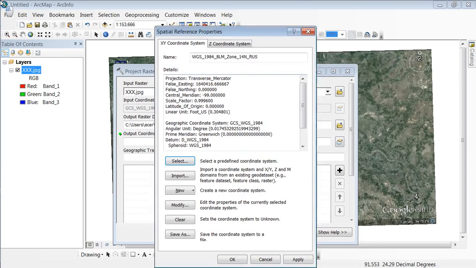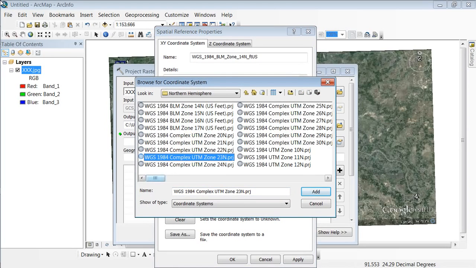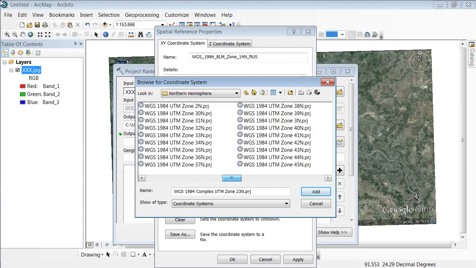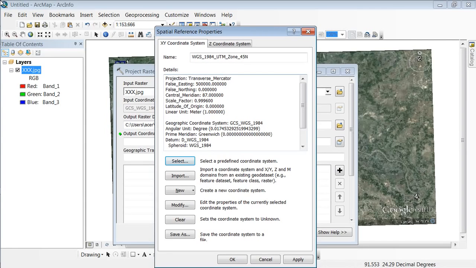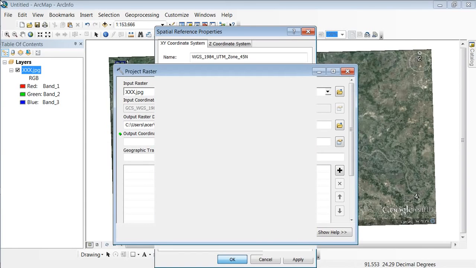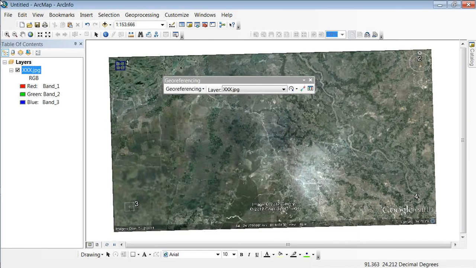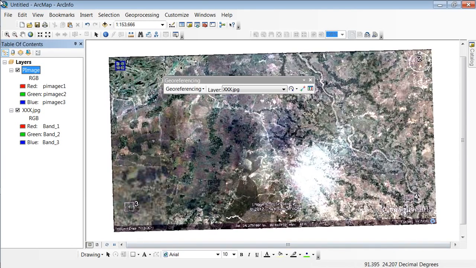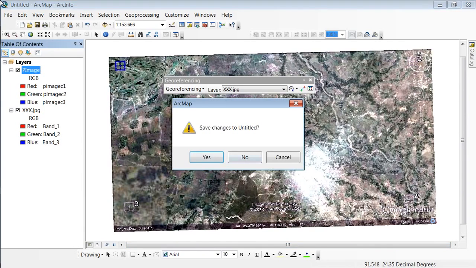Northern hemisphere. We will use zone 45. For these areas, we will use this 45. Yeah, 45. Okay. Getting projected. We'll wait for some time. Yeah, it's done. Okay, so we can get the image from